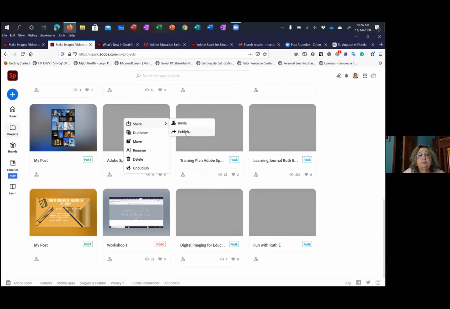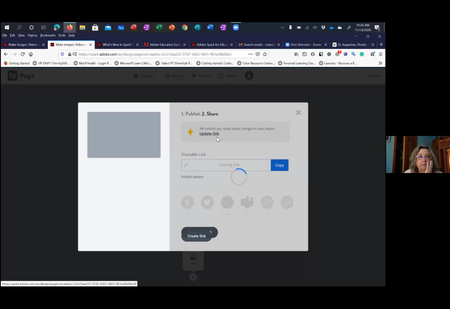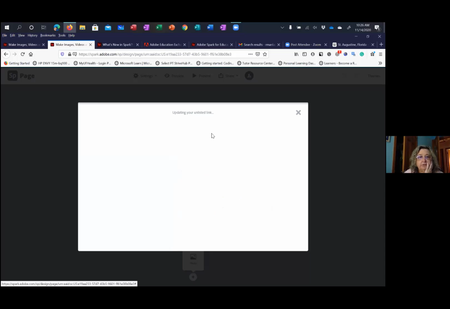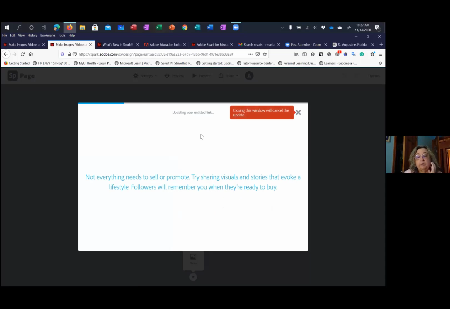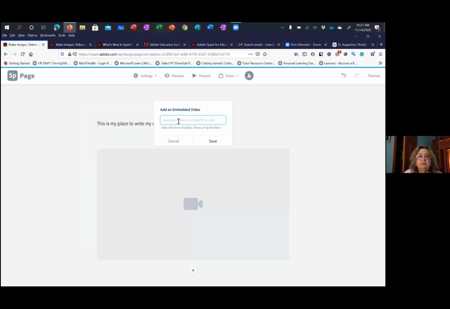And I know I have a Spark video in here. Hold on. Share, publish. When you publish it, you get the link. So now I publish it. I update the link. When you make changes, you have to republish it or update the link. Which is also nice because it still keeps it private. And look, you can also share it directly to your Google Classroom or your Microsoft Teams. I copy my link and I put it in here